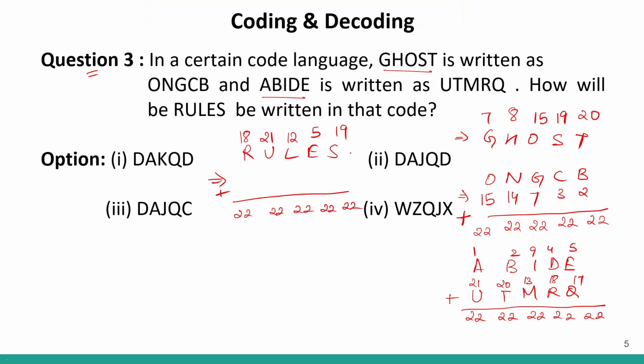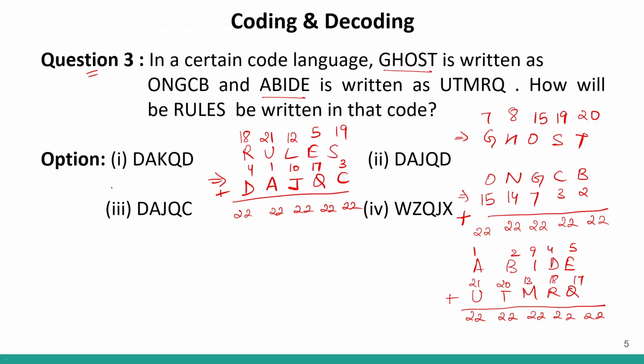So for 19 to make it 22, I have to add 3. For 5 to make 22, I have to add 17. For 12 to make 22, I have to add 10. Here I have to add 1 and here I have to add 4. So for 4 we have D, then we have A, for 10 we have J, for 17 we have Q, and for 3 we have C. So the code will be